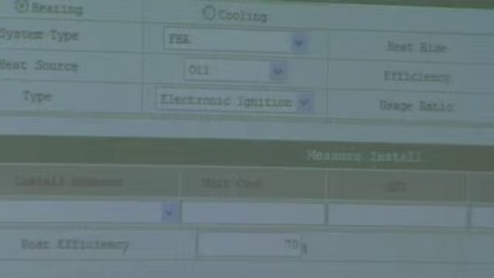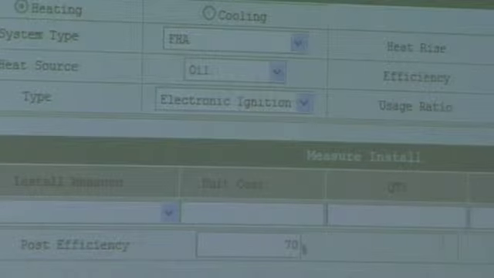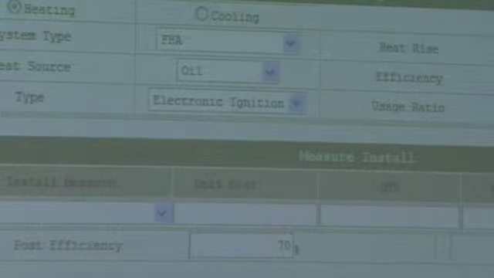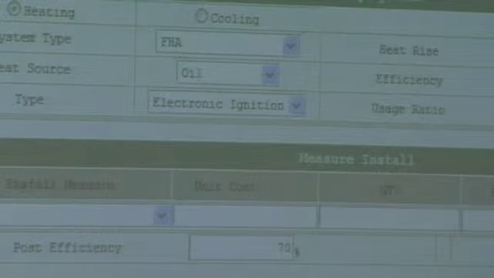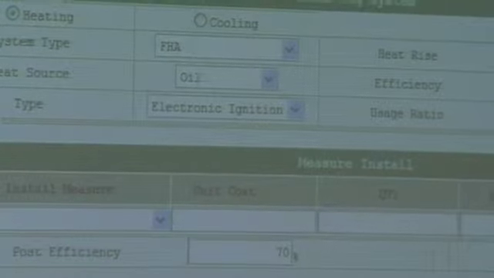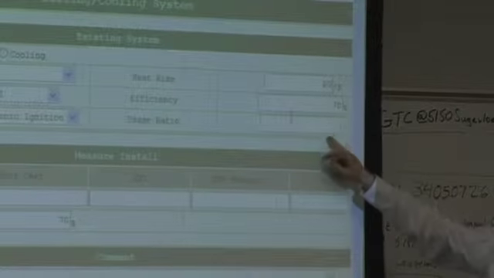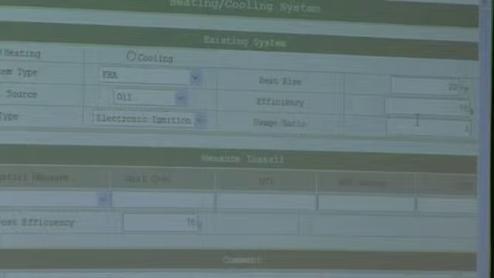So that basically gives me that. The efficiency comes off the heater. There's usually a placard on the heater that says what its efficiency is, and that's where that number, the heater efficiency, comes in. You just take that off the audit form again. And then this usage ratio is actually used